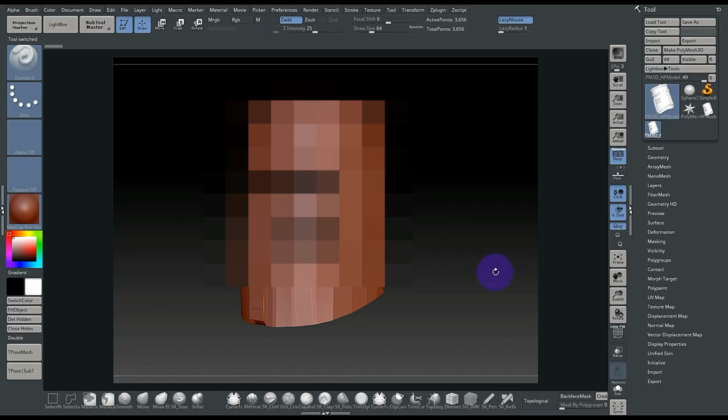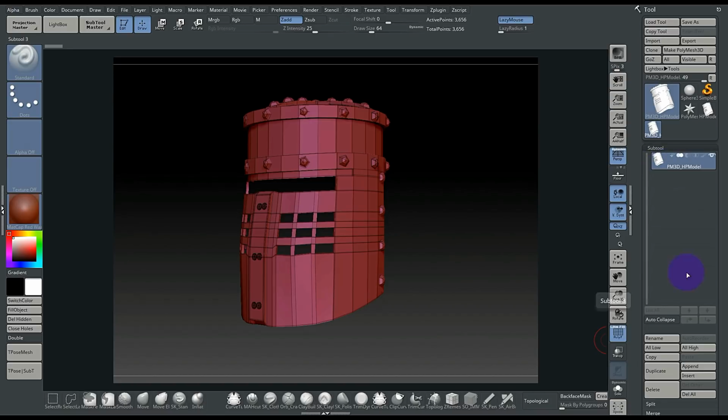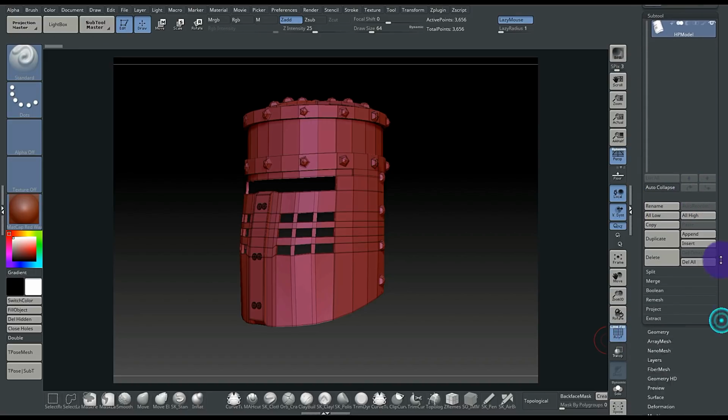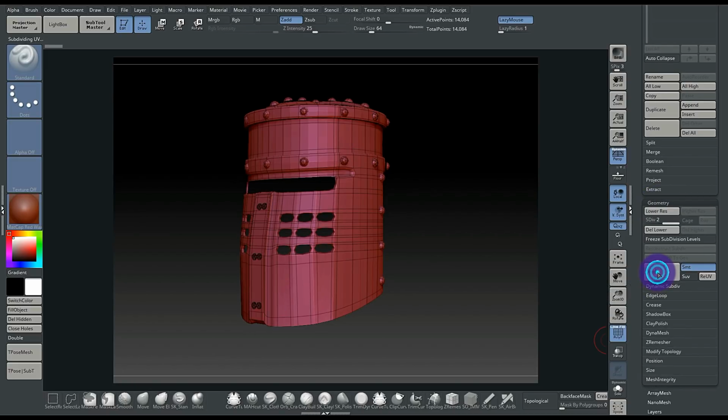Now, if we turn this guy on, we'll see the current line flow. And what I'm going to do here, as mentioned, is go to geometry. Before I do that, let's rename this guy. I'll just rename that to high poly model. Okay. So I'm going to go to geometry, and we're going to go in here, and let's start to add